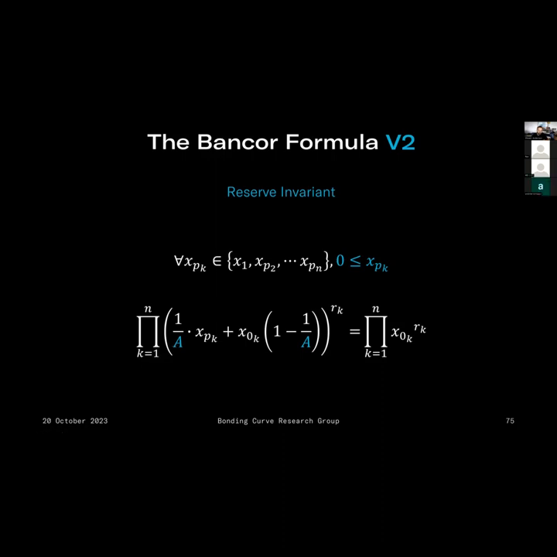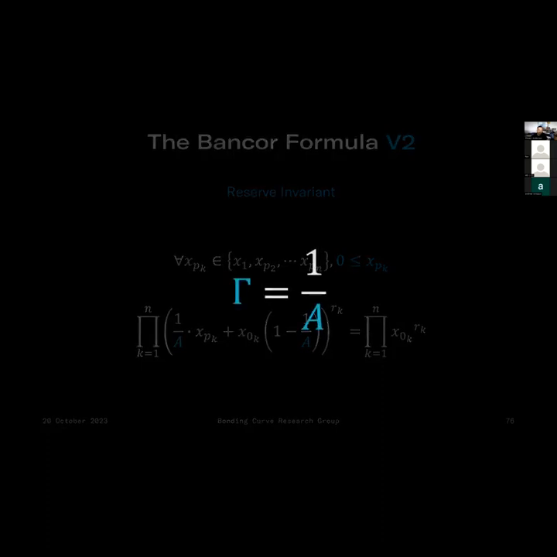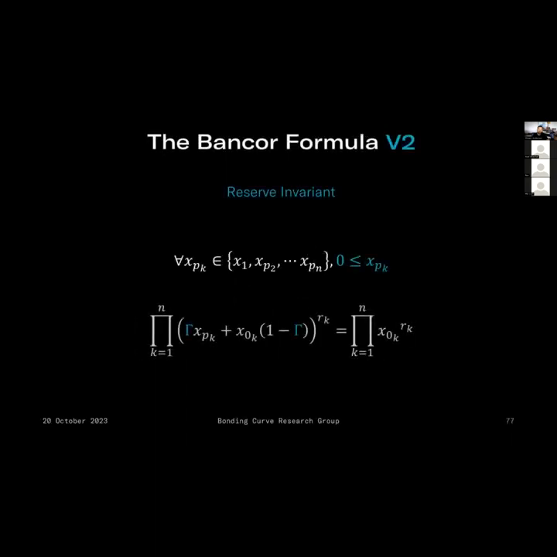But there's a much faster way that we can shortcut around that, and that's to define a different parameter, gamma, and gamma is just the inverse of A. And then we can just substitute 1 over A for gamma through all of these equations, and now we've got something that is, I think, a little bit more compact. We don't have to deal with infinity as much. We still have to deal with 0, but you can see,